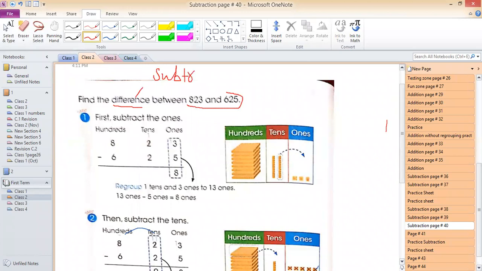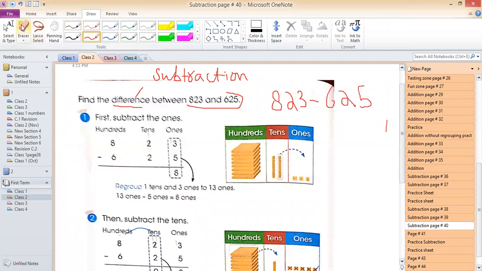So you have to find the difference. That means you have to subtract 625 from